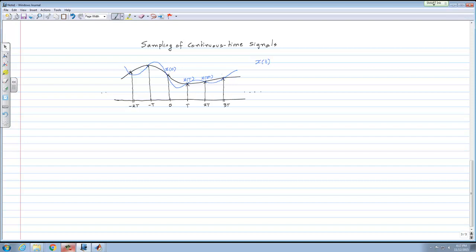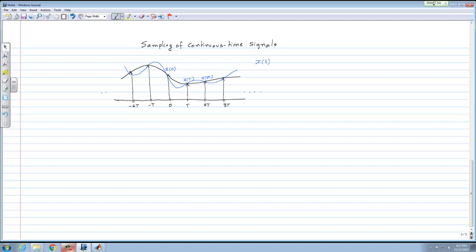I mean, intuitively, what do you think? Intuitively, if you sample a signal close enough, it seems like you're retaining more information about the signal, right? But if I did not tell you that the signal was band limited, no matter how close you sample that signal, I can draw a blue signal and a black signal that would pass through all those points. So it's just hopeless to recover x of t back from just the samples, no matter how close you sample it, if we did not know anything about x of t.